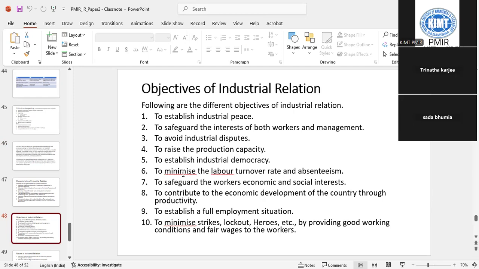Once you understand industrial relations, you can write this. The first thing is to establish industrial peace to safeguard the interest of both workers and management. Third is to avoid industrial dispute, to raise the production capacity, to establish industrial democracy, to minimize the labor turnover, to safeguard the workers' economic and social interest, to contribute to the economic development of the country through productivity, to establish